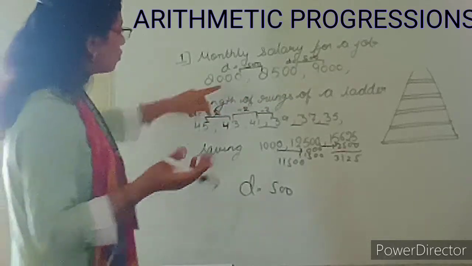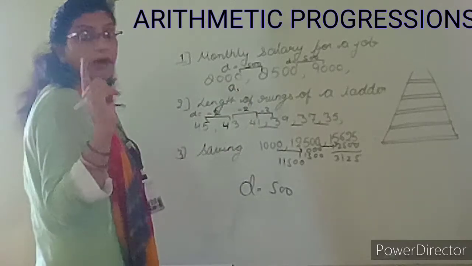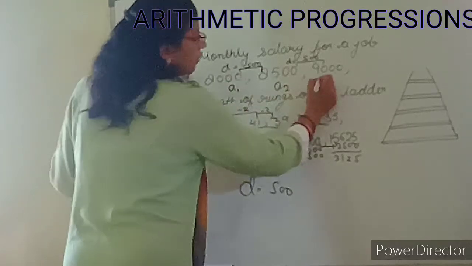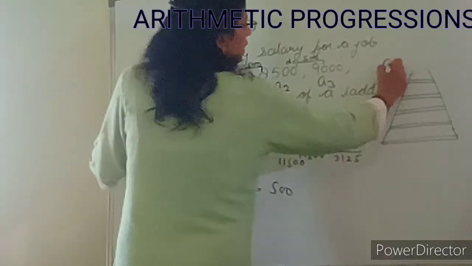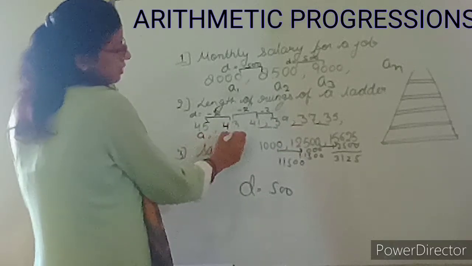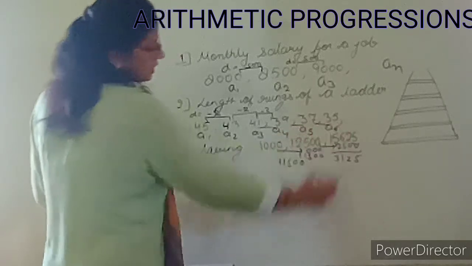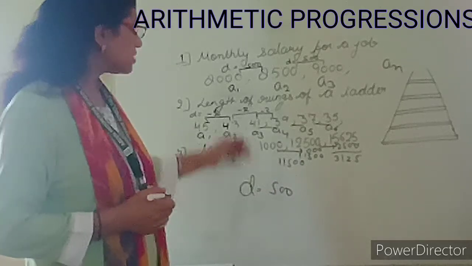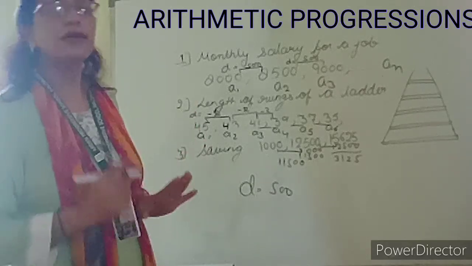So in this series, what am I getting? This is the first term, I am saying this is A1. A term we denote by A. This is the second term, A2. This is the third term, A3, and so on. We can have n terms, so we can denote it by An. Same way, A1, A2, third term A3, fourth term A4, fifth term A5, sixth term A6. So now d is called the common difference and A denotes the term.